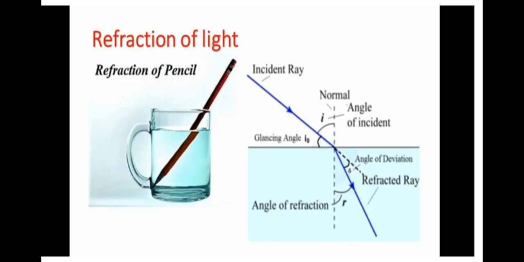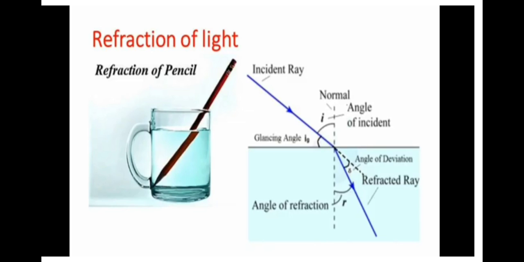Mediums are air medium, water medium, glass medium. These are the rarer medium. So light rays get deviated from their original path while entering from one medium to another medium of different optical density. This deviation, or change in direction in the path of light, is due to the change in the velocity of light in different medium.